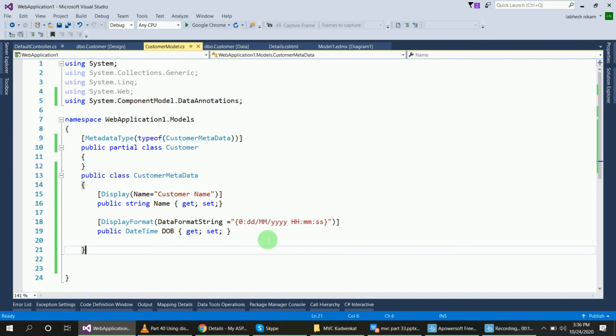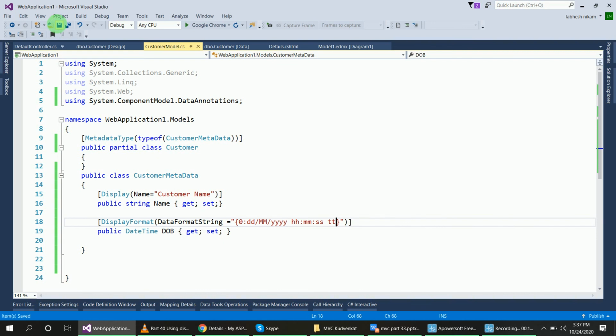This date is okay and hour, minute, second is also okay, but you have to pass here the hours as a small hh, okay, hh and mm ss, and then you will add t tt, okay, so it will display AM and PM.